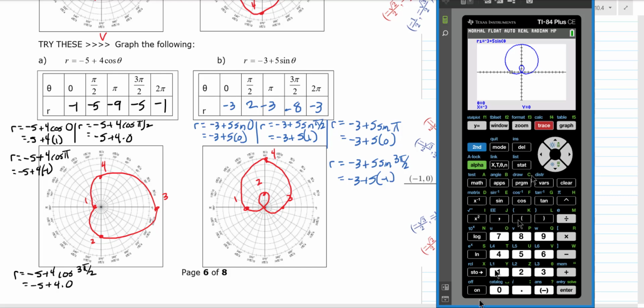So if you trace this out starting at 0, it goes like this. So it starts, whoops. Okay, so I've got that. Trace at 0, so it actually starts at negative 3, and then if you start going through this, oh, my calculator's all messed up. Need to reset my window. So check over this while I'm fixing my calculator,